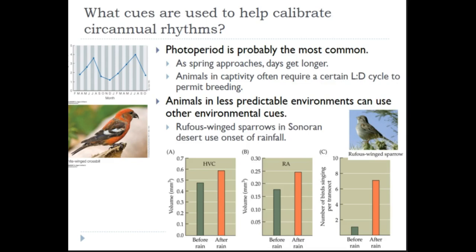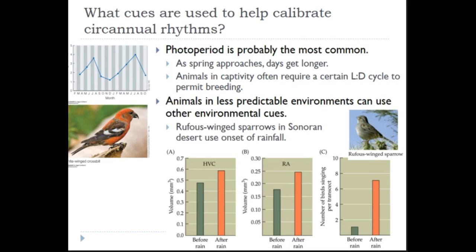And so what they do is they seem to be using rainfall as their main cue. They can pay attention to light-dark cycle, but it doesn't seem to be a very good cue for them. But if you expose them to rainfall, they will show a pretty substantial shift in a lot of their structures associated with reproduction. So this is that higher vocal center, that area we talked about back in chapter 2, that is controlling a lot of song learning as well as song production. After rain, it increases its size pretty dramatically from about 0.4 to about 0.6 cubic millimeters. This is the RA structure, which is another one of those vocal control centers within the brain. It also shows dramatic increases in size.